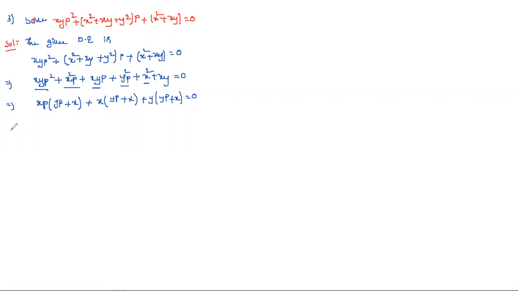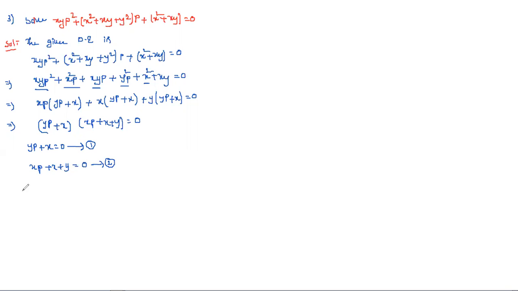Now, is there any common term in the entire equation? yp plus x is the common term. And what about the remaining? xp plus x plus y is equal to 0. So I split it into factors. Now by the null factor rule, you can take it as two equations. First one is yp plus x is equal to 0. Let me take it as 1. And the second equation is xp plus x plus y is equal to 0. Take it as another equation.